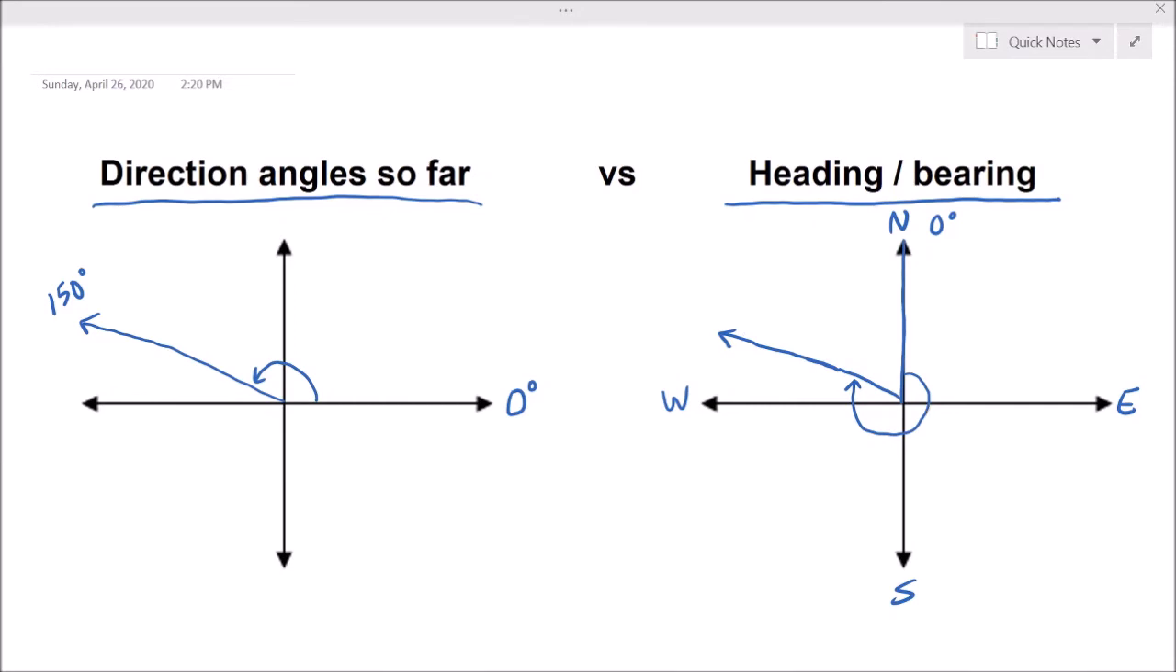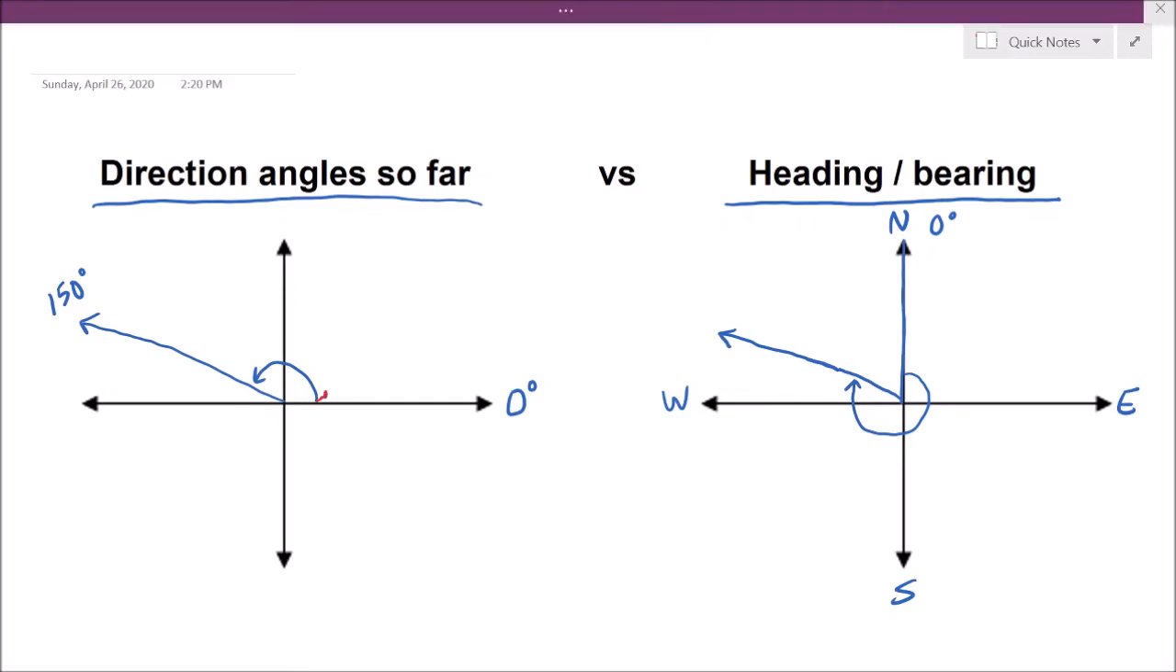And so in our problems, you're going to need to convert between the angles we've been using so far and those same angles as headings or bearings. We're going to need to convert back and forth. So how do you do that? First of all, I would always recommend sketching it out. And then you have to use your diagrams and figure out some of the angles in your diagram to help you out. So for example, our 150 degrees under our previous system, we start at 0 and go